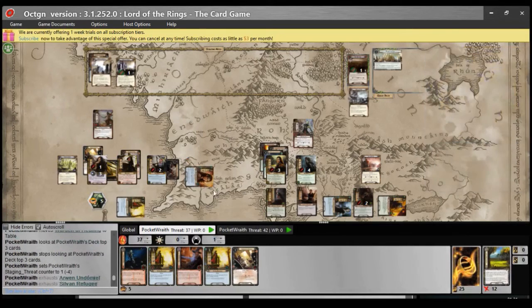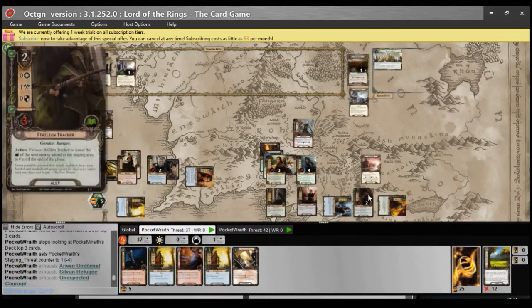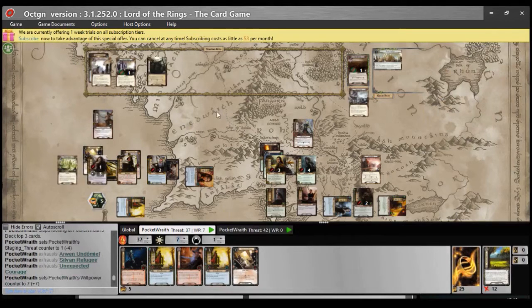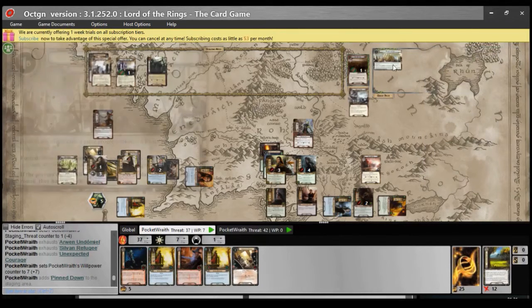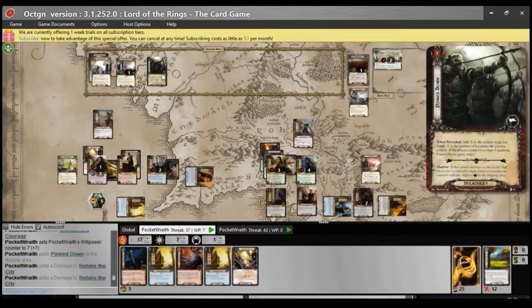Two, 4, 7. 7 is enough, really. Reveal pinned down. So, number of locations I control is 2. Though if I explore this, it will go up to 3, because, of course, lasting effects from the encounter deck